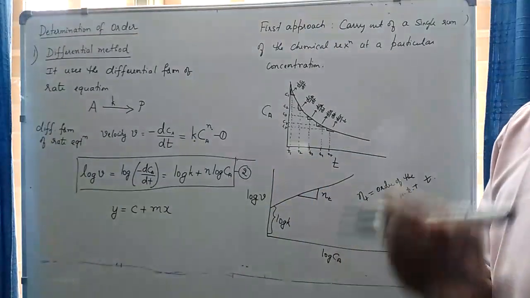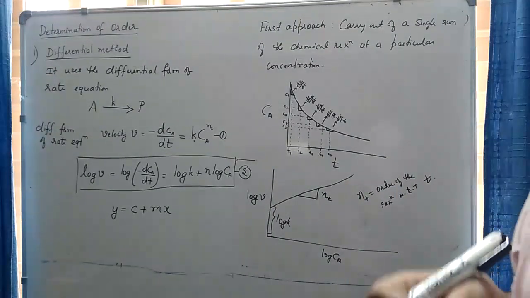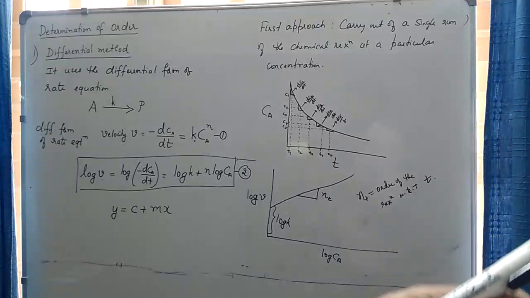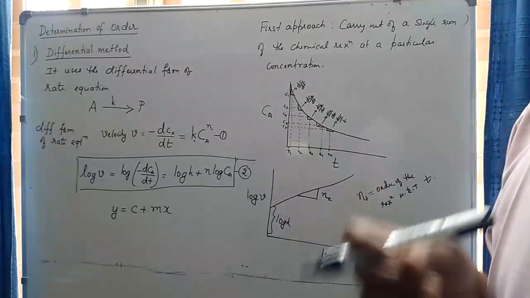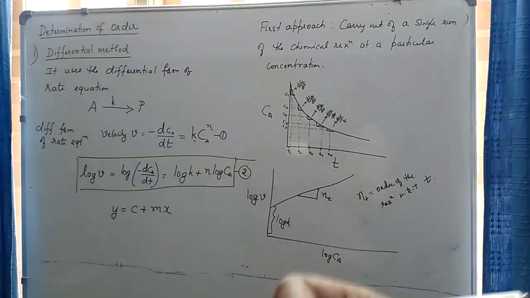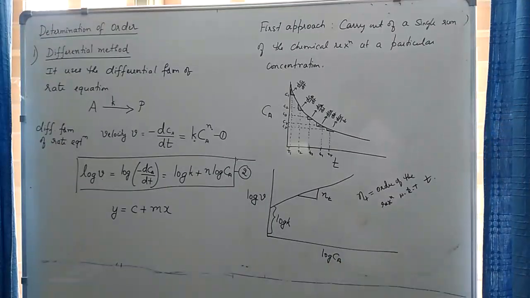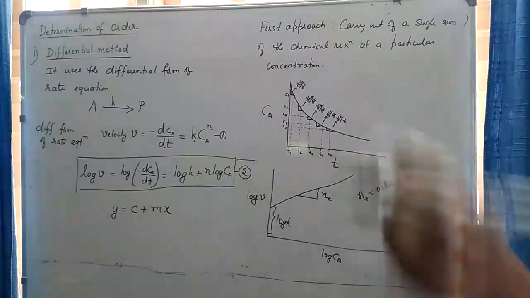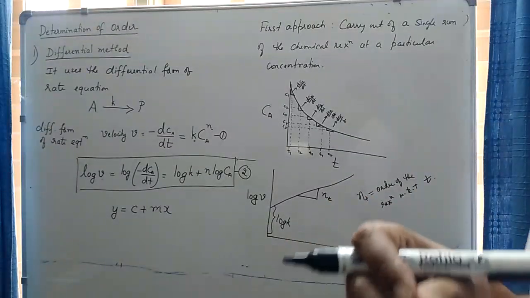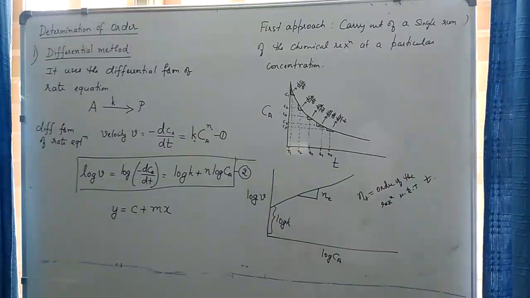That is, we have to measure what is called the initial rate of the reaction. What do you mean by initial rate of the reaction? The rate of the reaction measured at t almost equal to 0. Why should we measure the initial rate? Because at a time t almost equal to 0, the concentration of product will be very low, and therefore if the product was interfering, we can avoid such interference when time is very close to 0, because then the concentration of product is very low.